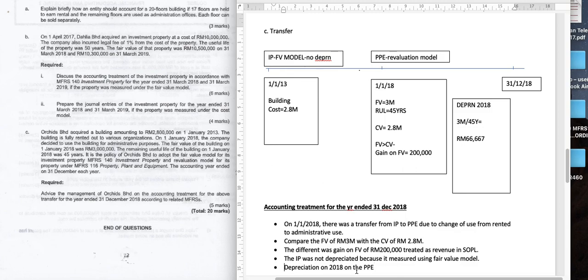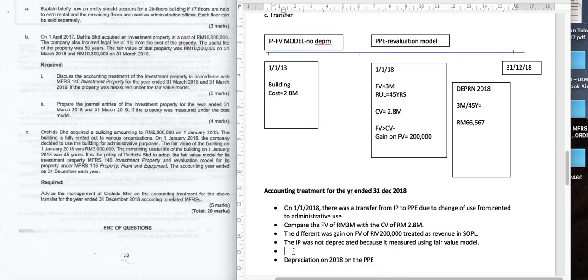Sorry, before we talk about depreciation, we should say the fair value of RM3 million is deemed to be the carrying value of the PPE. So depreciation in 2018 for the PPE